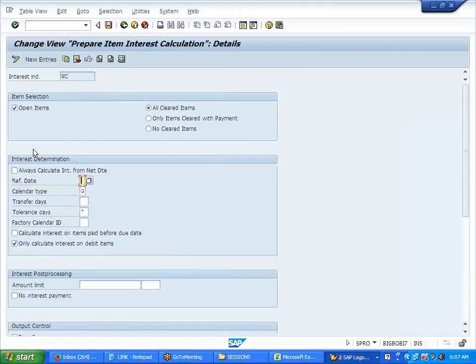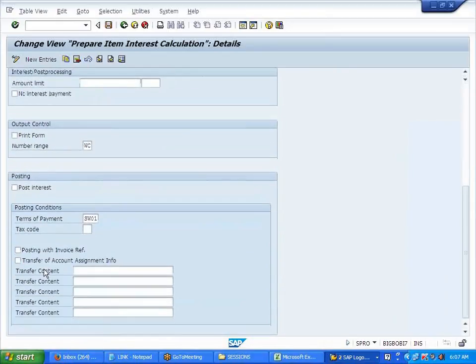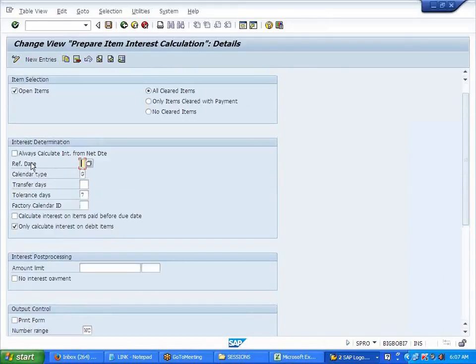Same WC. So if you see open items, calendar type, tolerances, same amount limit. Now here, whatever interest is calculated, it calculates based on the due date, right?